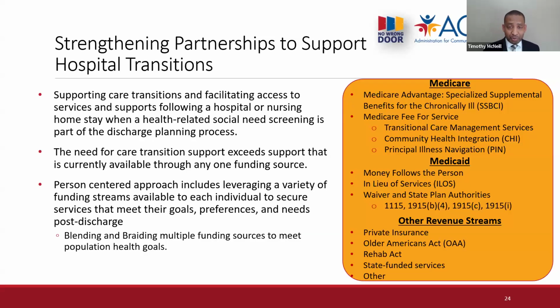So through this strengthening of partnerships between hospitals and community-based organizations, just wanted to point out that it really is a process of blending and braiding. We obviously won't have all of our discharges that are Medicare eligible. Not all of our discharges will be Medicaid eligible, but to the extent when they have Medicare, we have resources to address those health-related social needs through Part B. When they have Medicaid, leveraging in lieu of services or 1115 waiver and other state plan authorities is another pathway. And then there are other revenue streams because the expectation is that we will blend and braid multiple resources to address the needs of the population. And all of these options will be available to your case management and discharge planning team so they can best meet the needs of the population as we're ramping up screening. Then the last slide